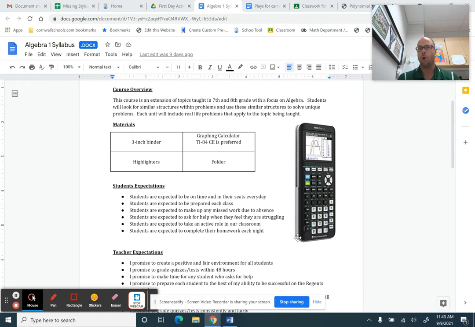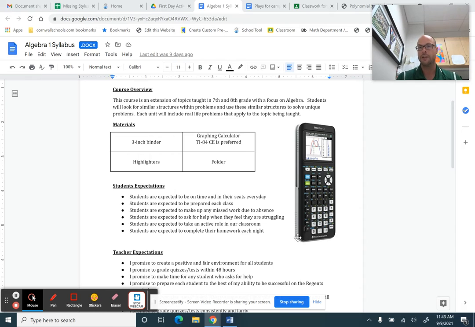Gradebooks. My gradebook is open. It's updated constantly. So if your student comes home and you say, "How are you doing in math class?" and they say, "I don't know," they're pretty much lying to you because they should know. My gradebook is open for them. It's open for you. If you don't know how to get onto the gradebook, you just have to email your student's guidance counselor and they can figure it out through there.